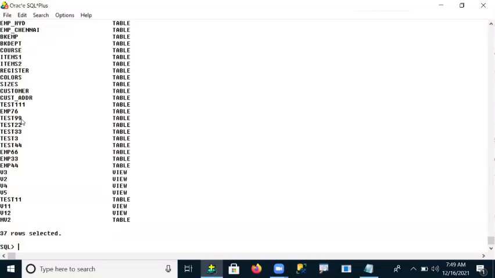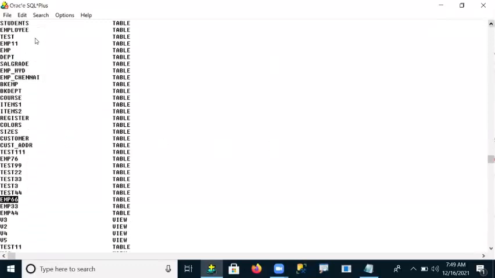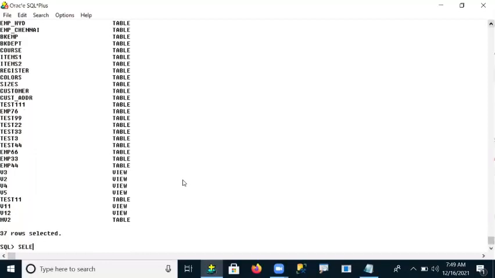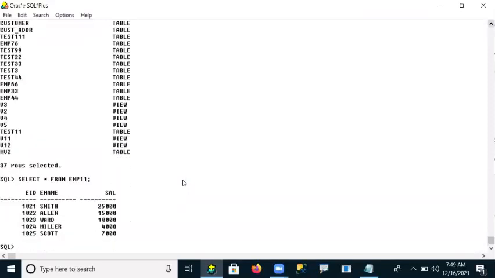The EMP 11 table we created yesterday. So this is our table, guys. Here, the EMP 11 table has some information about the employees. Now, what I want to do here is perform some operation on this table.